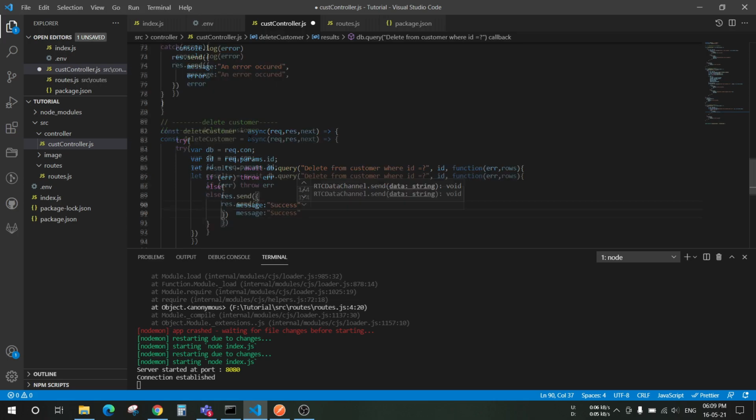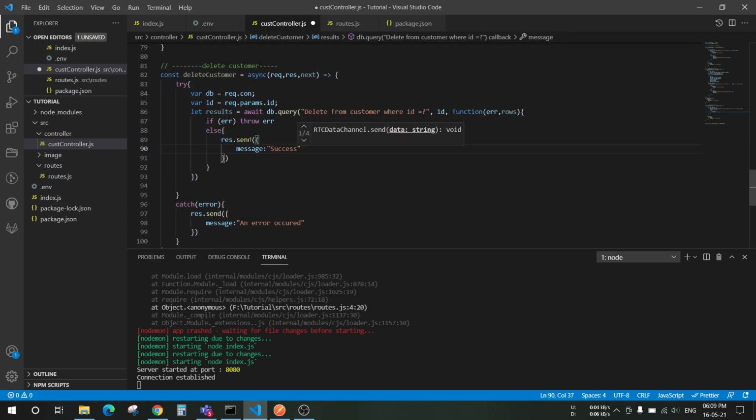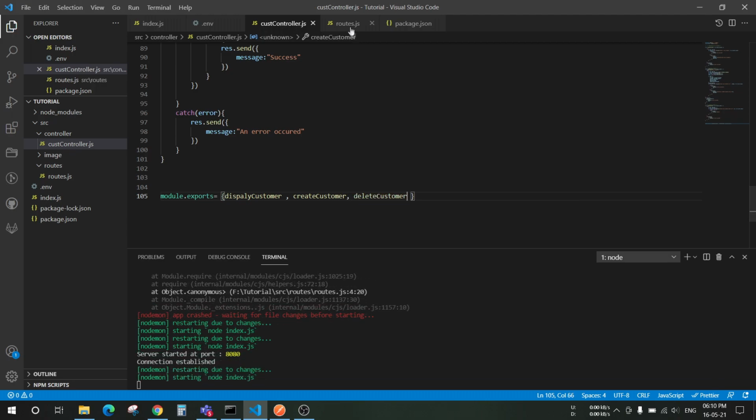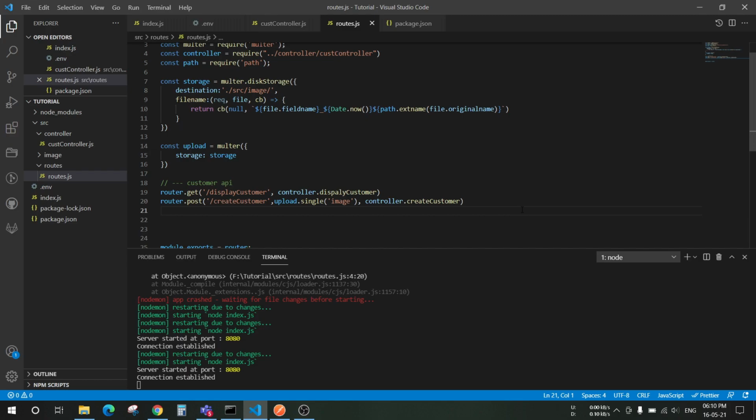Success. So this method is done. Now we'll export this here. Delete customer, save it, and then we go to our routes, and here we're gonna define router dot delete